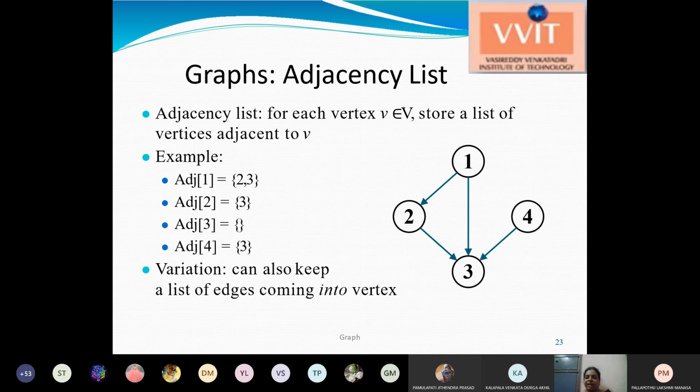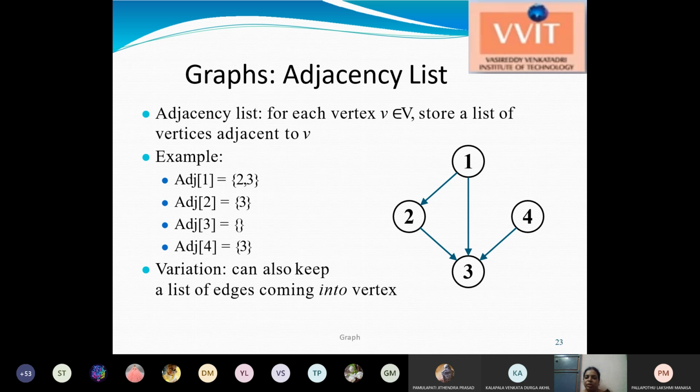Say, for example, this is a graph with 4 vertices: 1, 2, 3, 4. From 1 to 2 there is an edge, 2 to 3 there is an edge, 1 to 3 there is an edge, and 4 to 3 there is an edge. We can represent this by creating a linked list for each vertex.